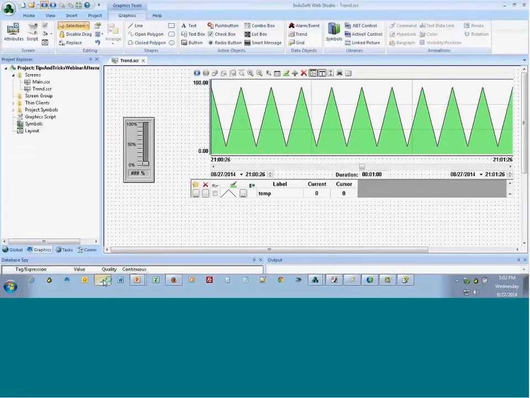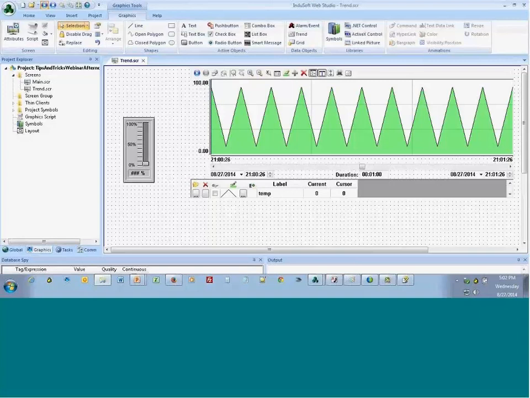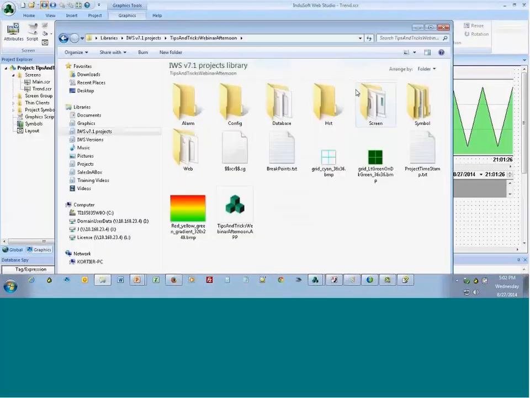Well, I want to take this another step further here, and what I've done before I started this video, I actually created some graphics. Let me go into my project here, and I've got a lot of windows open off screen. What I've done before the webinar is I've created 3 graphics. I created a grid that's just 36 pixels square that's a light blue and white. I have a light green and dark green, and then I have kind of this gradient green to yellow to